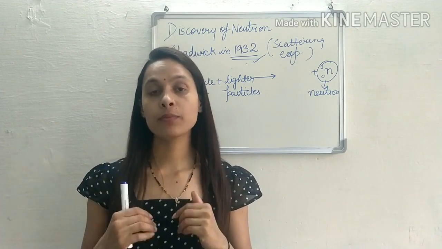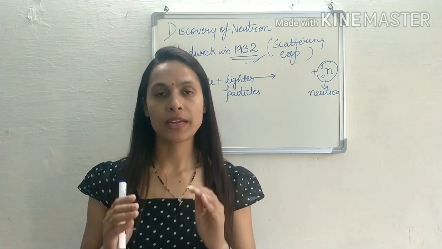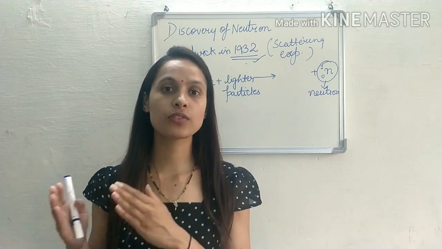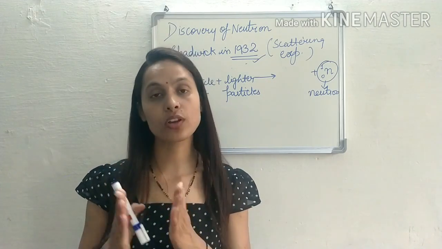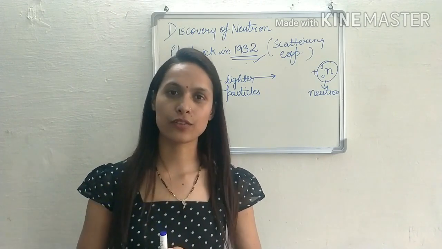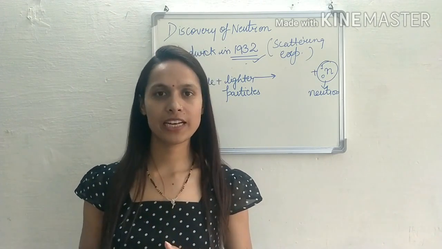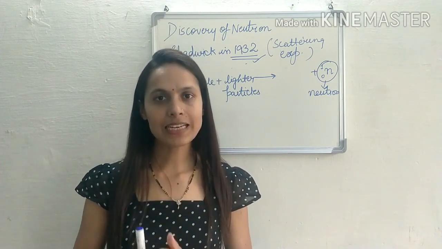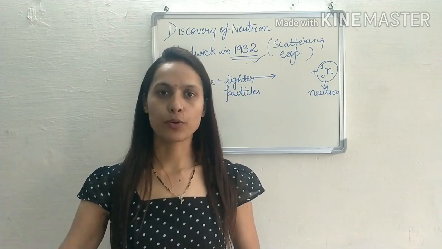Then why am I using the term nearly here? Because when we experimentally calculated the mass of the electron, proton and neutron, the mass of neutron is slightly more than that of the proton. Though there is a very little difference, the mass of neutron is slightly more than that of the proton.